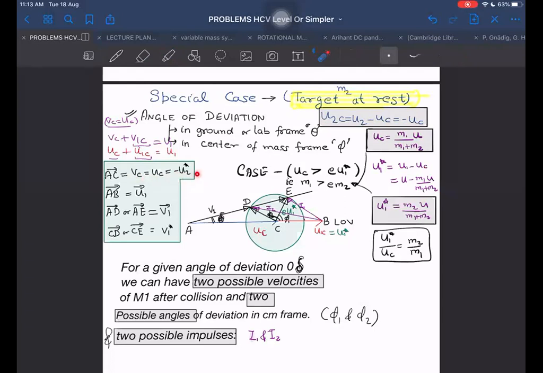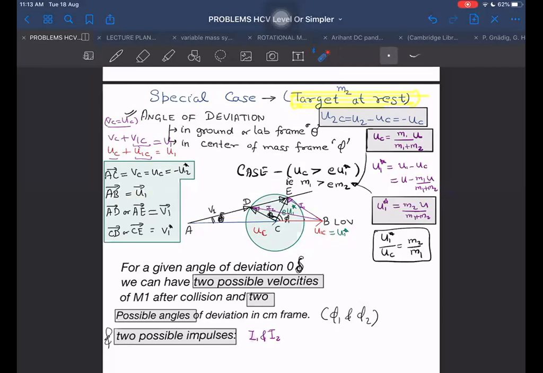It is interesting to see that just by knowing the initial velocity of center of mass, how many things we know. I also know the final velocity of center of mass, and I also know the initial velocity of the second body in the frame of center of mass. Now, the A to B vector is this total vector. This total vector is UC vector plus U1C vector, and that is U1.